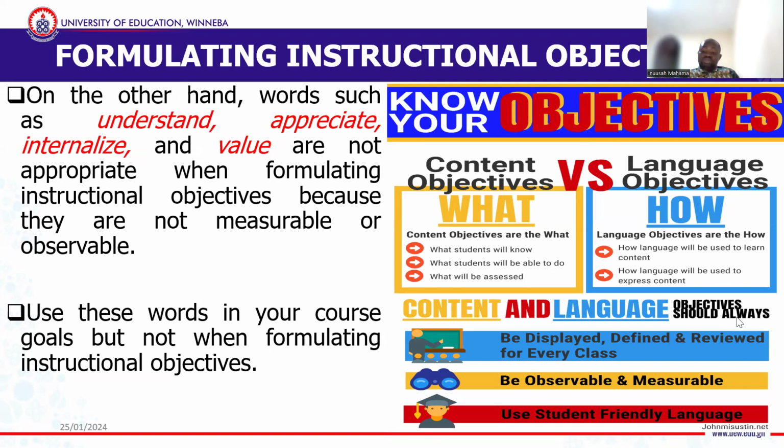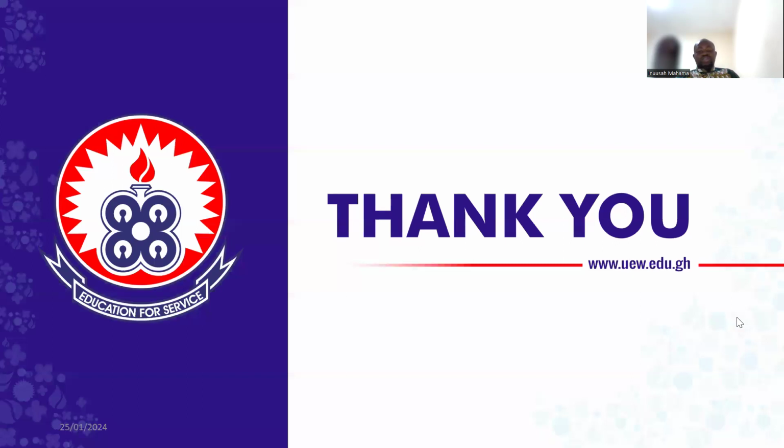What do you want the learner to show at the end of the day? Learning outcomes. So the learner to be able to play a drum and dance to a tune. The learner will be able, or the learner shall be able to play a drum and dance to the tune. That is an action. It's a verb, an action verb. So let's guide ourselves when we try formulating instructional objectives.